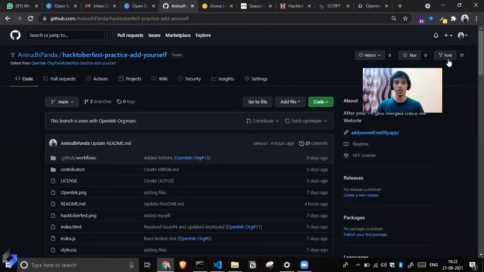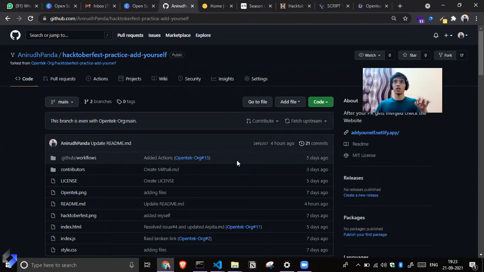What does remote do? The remote just adds a reference, so you can push some code there and get some code from your remote repository. The forked one we name as the origin repository. And the upstream one is the repository from which we have cloned.